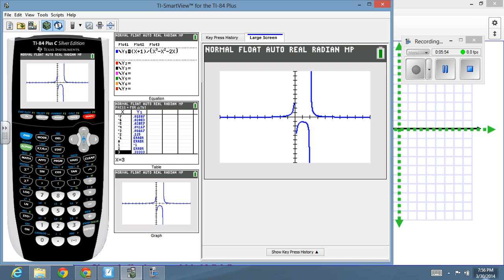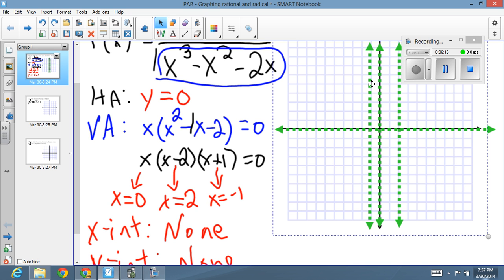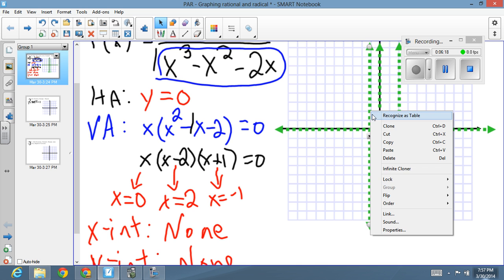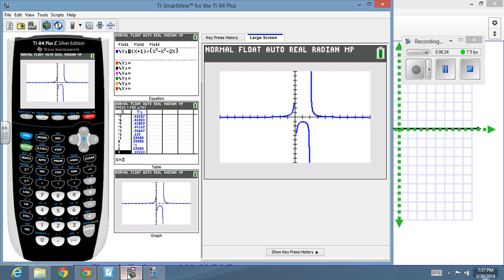The first thing that I see is that it almost looks like I don't have an asymptote at -1. Although when I solved it, I got an exception at -1. So here's what that leads us to believe. If we go back to this, I actually need to take this guy here and cut it, because when I look at the graph from the calculator, it looks like,